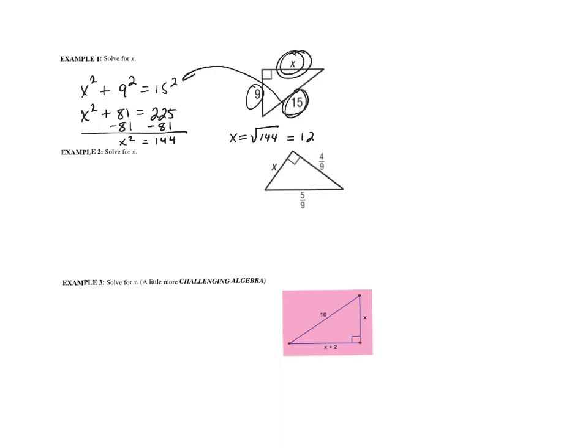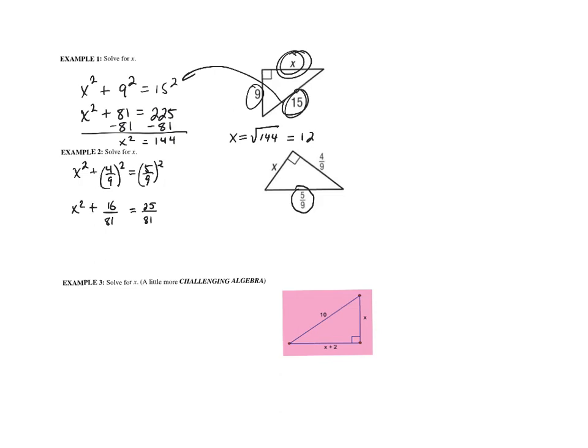Now we have an example here where we have some non-integers. We have some fractional values, and so we can do the same thing again, recognizing that 5/9 will be the hypotenuse. So we need to set up our equation that x squared plus 4/9 quantity squared is equal to 5/9 quantity squared. Of course, when you square a fraction, you square both the numerator and the denominator. So this will be 16/81, and this will be 25/81, and what we're left with is x squared